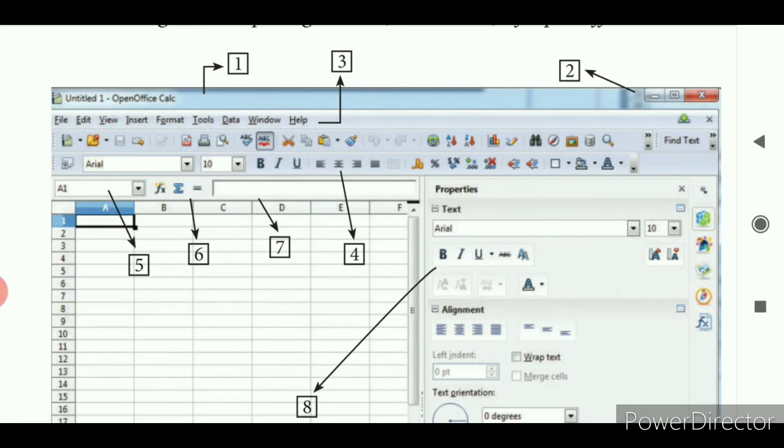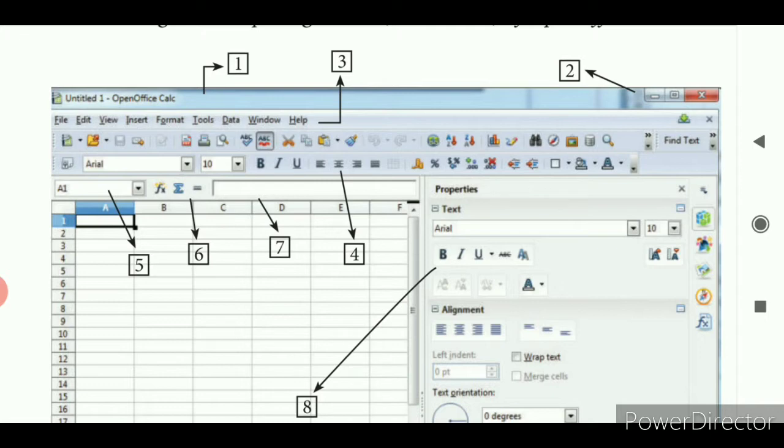The first one is the title bar, then the second one is the control buttons: minimize, maximize and close. The third one is the menu bar. The fourth one is the toolbar. Then the fifth one is the cell number A1, that is the highlighted cell.